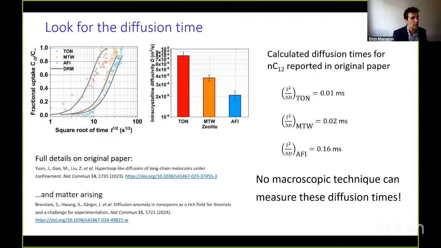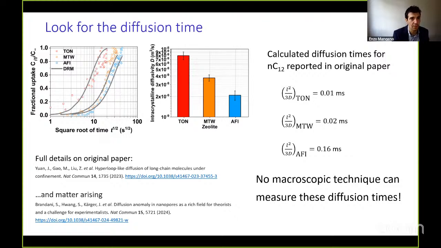So here you see, I won't go into the details of the discussion that the authors made on the hyperloop-like diffusion. What they report here are the experimental curves, the experimental signals, and the model, and they report the diffusivity. If you now convert this diffusivity into diffusion times, using the size of the crystals that they use, what you get is that the diffusion times they measure, according to the diffusivity reported, are